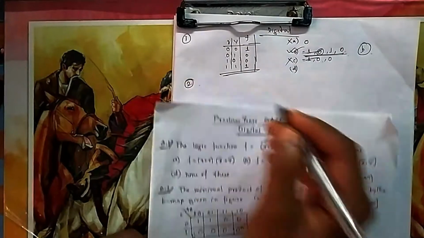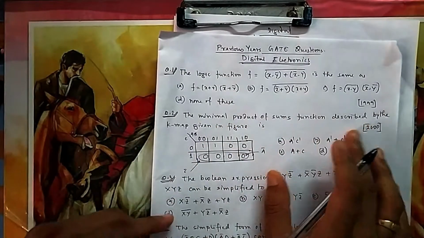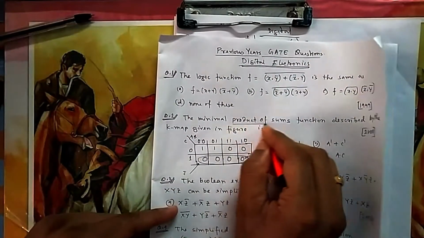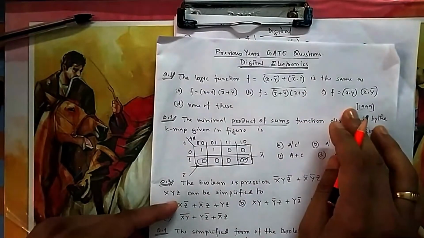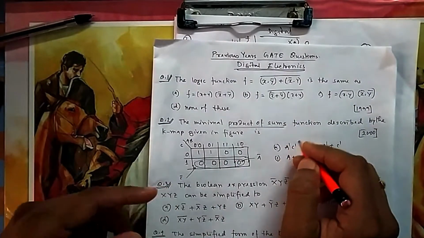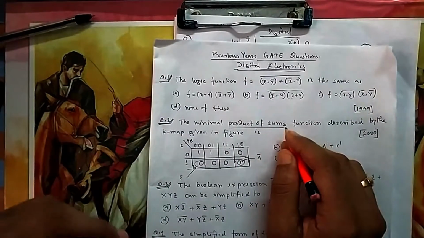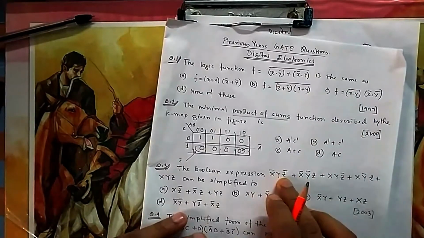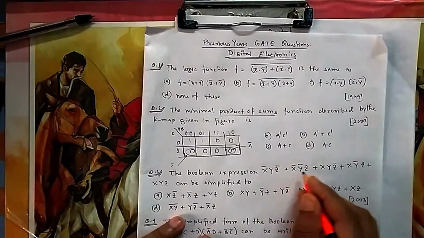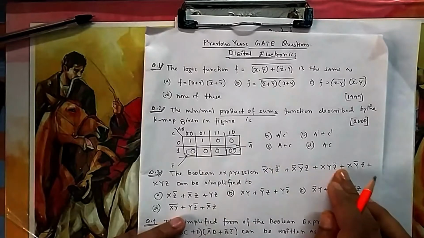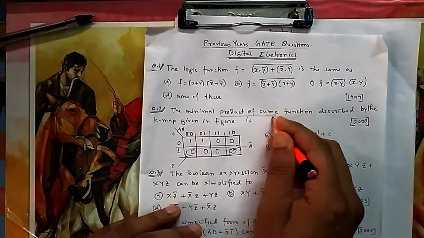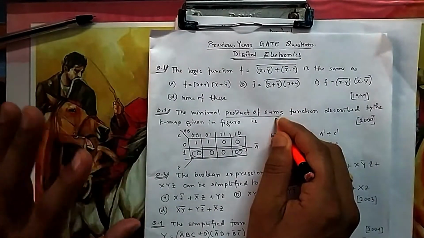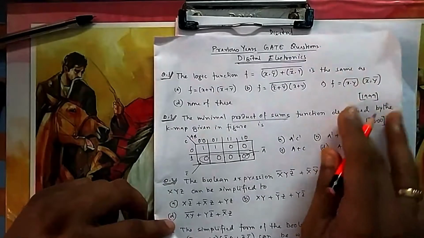So in question number 2, if we go, the minimal product of sum. So what we do generally, that is SOP, sum of product. Then we say AB plus BC plus C, that is sum of products. So you take product, then sum, something of this fashion. But here it is given product of sum. So just reverse of this one. Whatever you do for SOP, just the reverse thing we will do for POS. That's it. Nothing is different here.